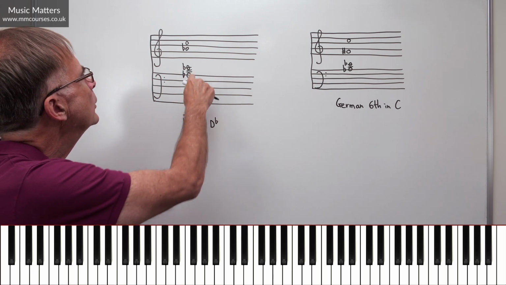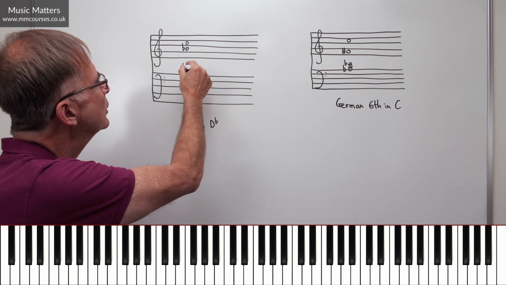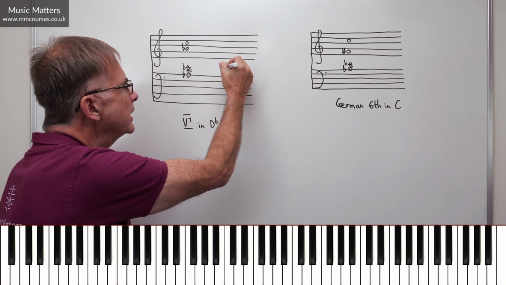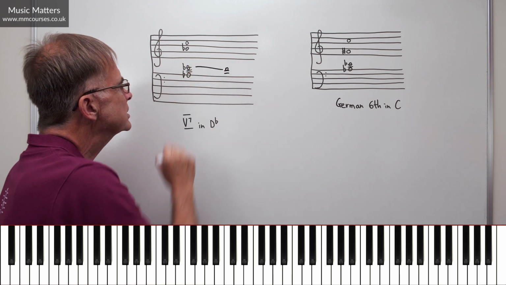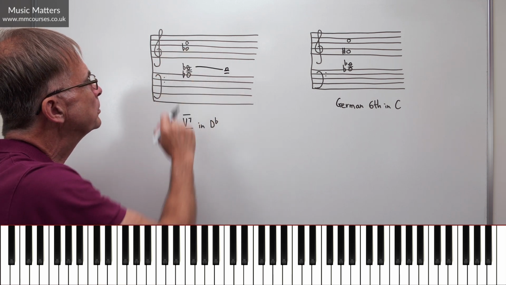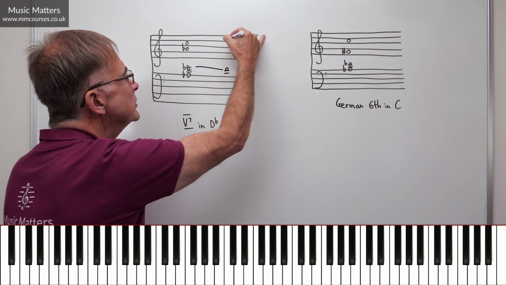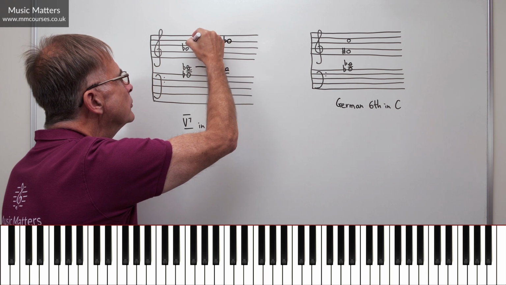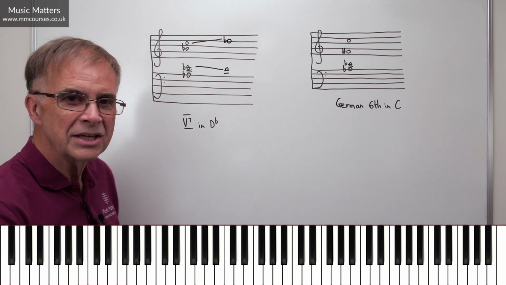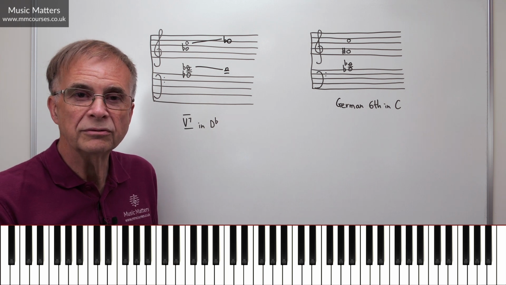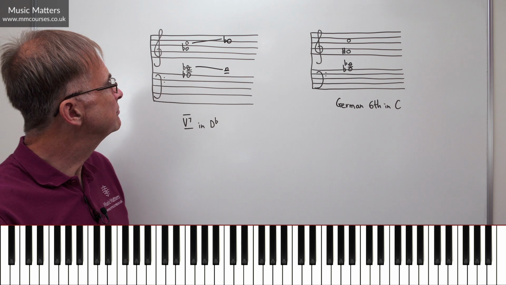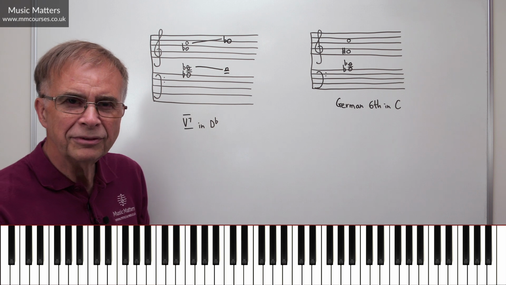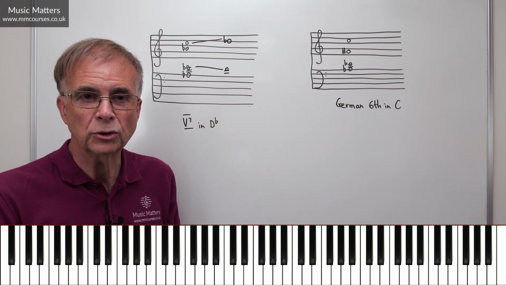Okay, let's have a look at that. The seventh is this G flat I've got in the tenor part. So if that's going to fall by step, then that G flat is going to go down to F. The C at the top is the third of the chord. So if that's going to resolve properly, it's going to rise by step. So I've already got those two things that need to happen if I'm going to resolve a dominant seventh according to convention. Now, if I end up with D flat and F, I've got two notes of the next chord.